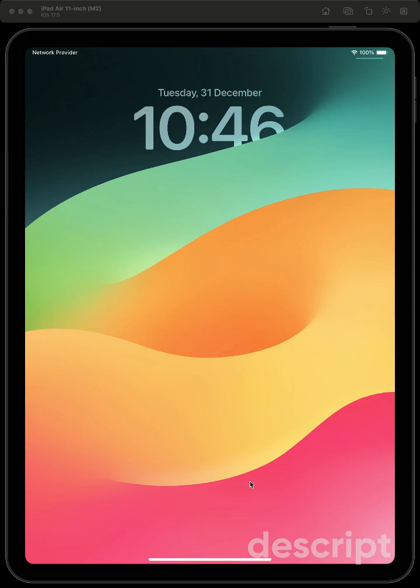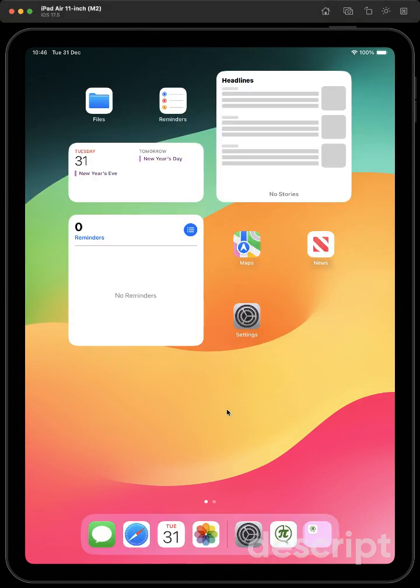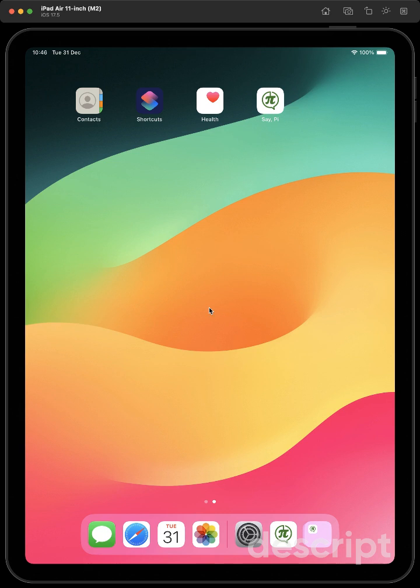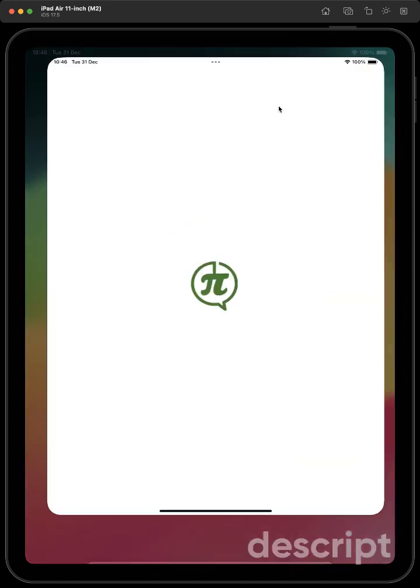Let's take a look at using the SafePy extension for Safari on iOS. Okay, so the first thing you'll want to do is to install SafePy from the Apple App Store. To do that, just go to the App Store and search for SafePy, install it from there. That'll give you an app icon on your desktop for SafePy. Opening it up